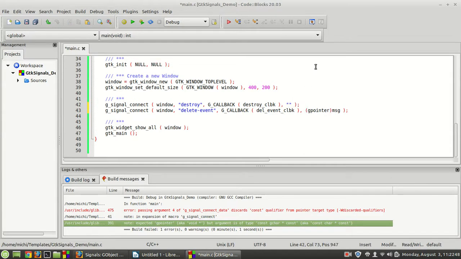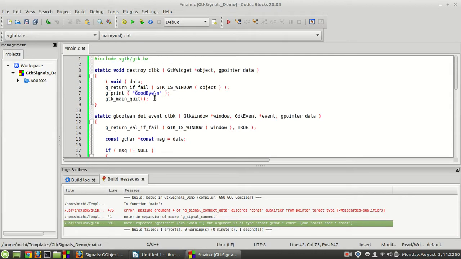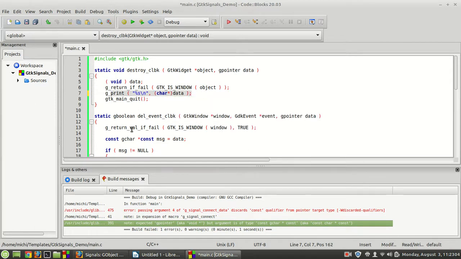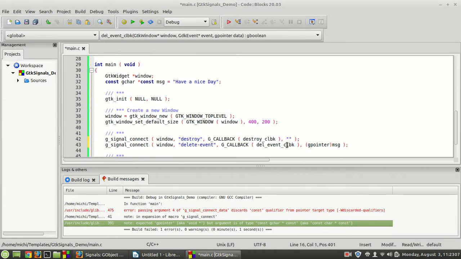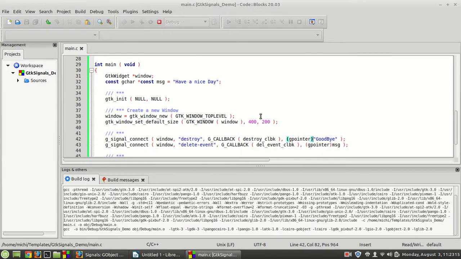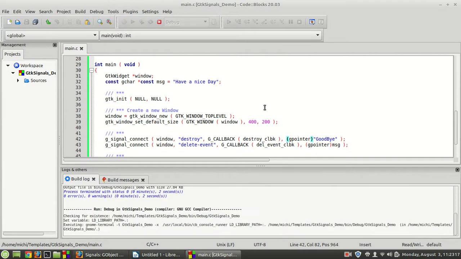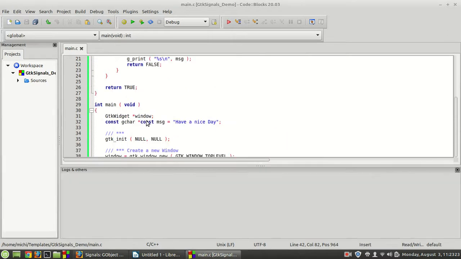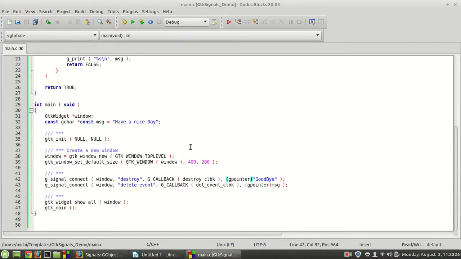You can just directly pass something, so I'm going to do this. I'm going to copy this one, %s. I'm going to say here char data. You see, I'm going to do something different now from this one right here, and of course the message will be "goodbye", cast to gpointer. Okay, now I'm going to compile it, and as you can see, it says "Have a nice day" and "goodbye",